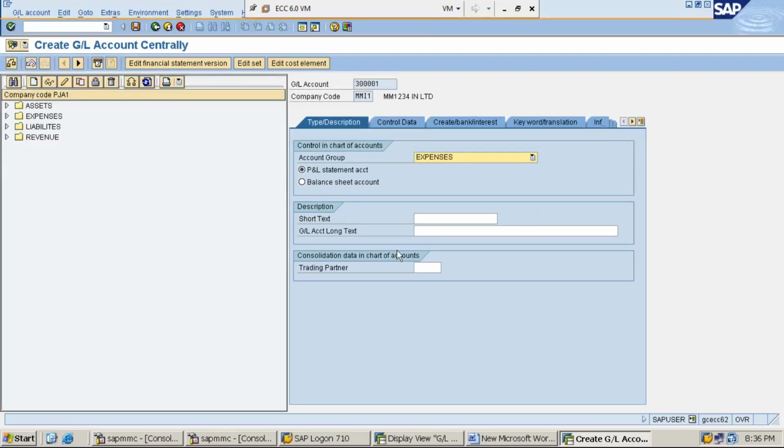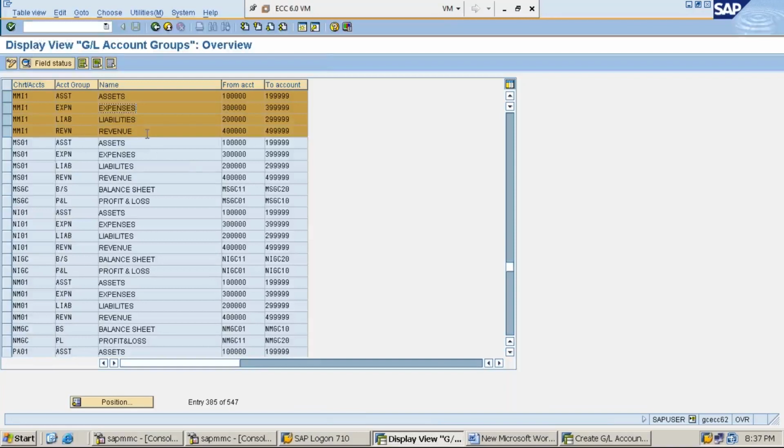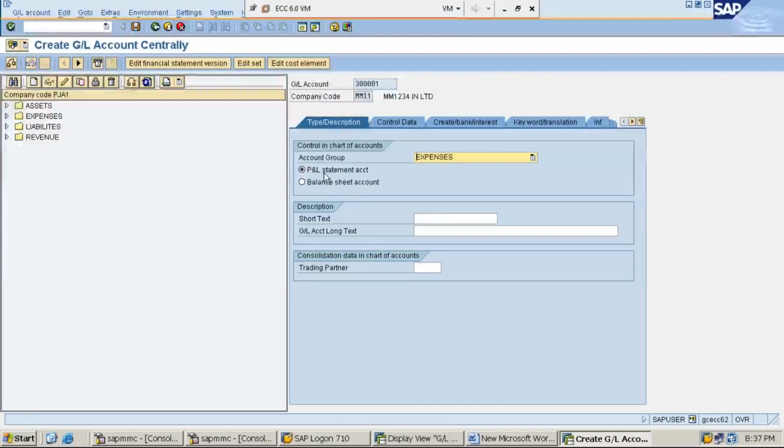Next, you can see 2 options here: P&L statement account and balance sheet account. Please make a note of it in your notebook. Expenses and revenue account groups are related to the P&L statement account.